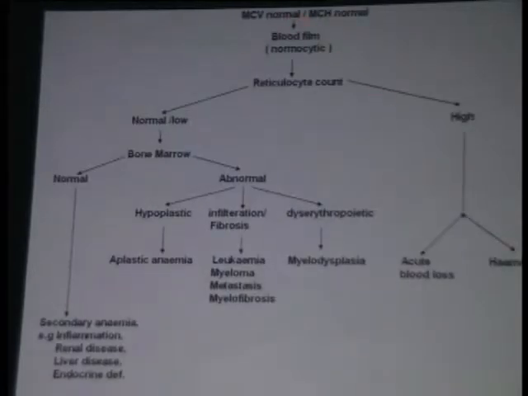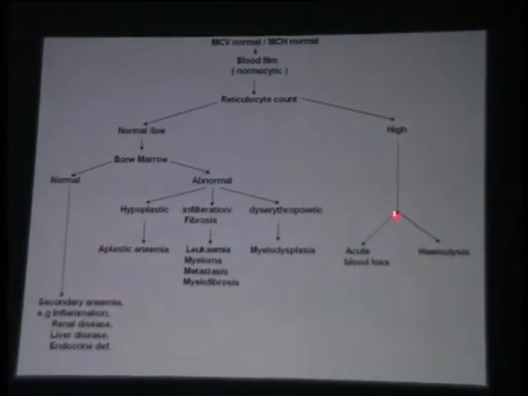Approach to a normocytic normochromic anemia: you have a low HB but a normal MCV. Please do your retic count. The nodal point is your reticulocyte count. If the retic count is high, that means marrow is overactive, trying to compensate for this anemia, then either the person is bleeding or there is hemolysis. You need other set of tests for this group.